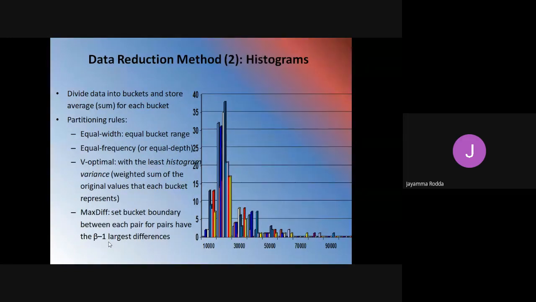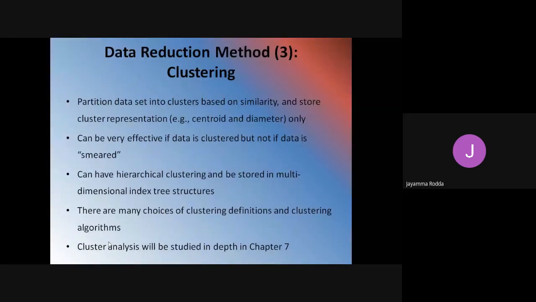So basically the histograms are used for data reduction, and here singleton buckets are used. Here we are going to verify whether we obtain normally distributed data or not by checking whether the curve is bell-shaped.